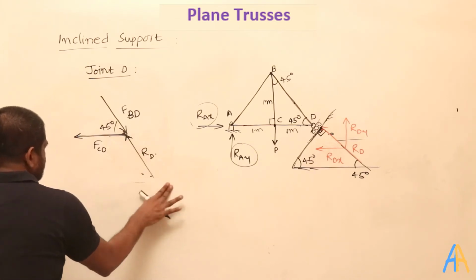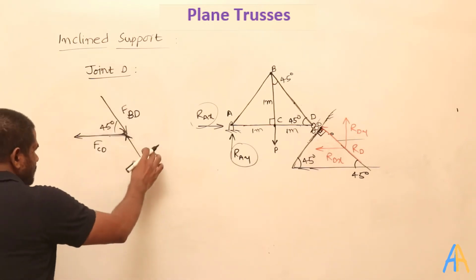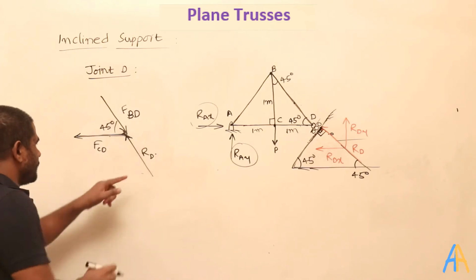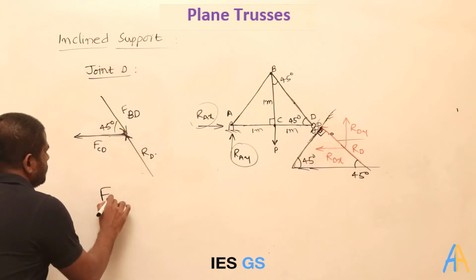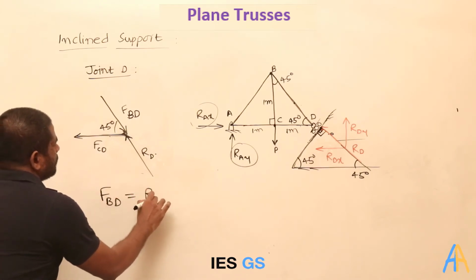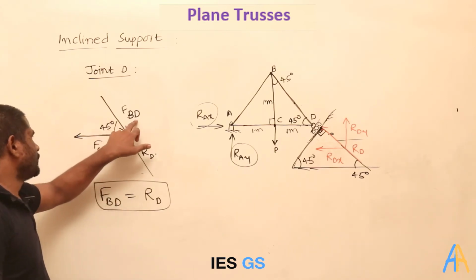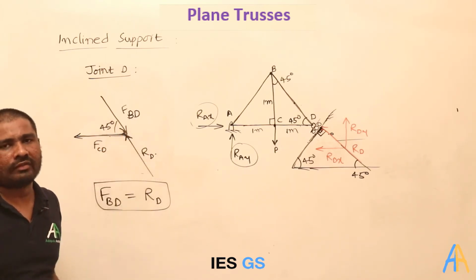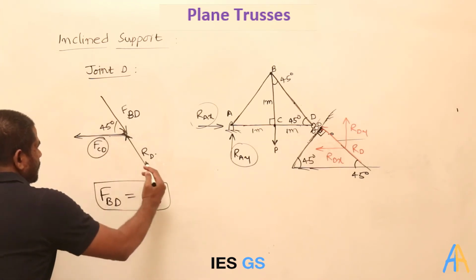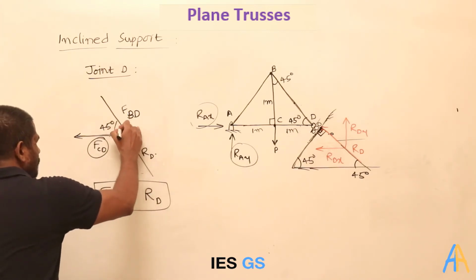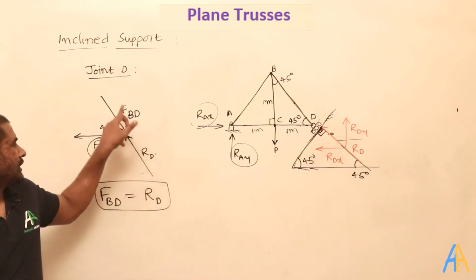So at this junction, what is happening? The force FBD is compensated with the normal reaction here. That means FBD is becoming equal to the normal reaction at the point D. If it is neutralized by only one force, then what about the other forces? The contribution because of the FCD is 0. Why? Because both are collinear, right? Whenever both are collinear, this is neutralized by this force.